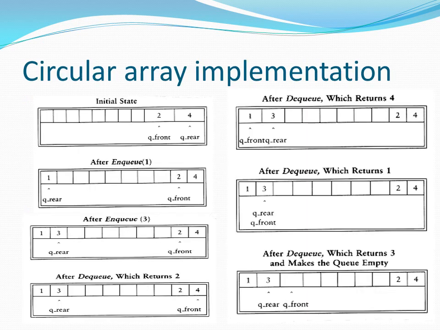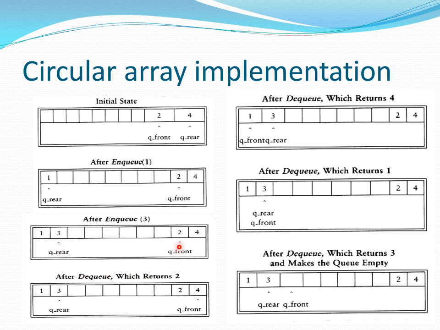Circular array implementation. Here the initial state is queue front is here 2, queue rear is 4. After NQ, NQ always takes place at the rear. So the rear is here, there is no location to store. So the rear pointer is moved to here circularly. So 1 is pushed here. Then after NQ 3, the rear pointer is moved to the next location.